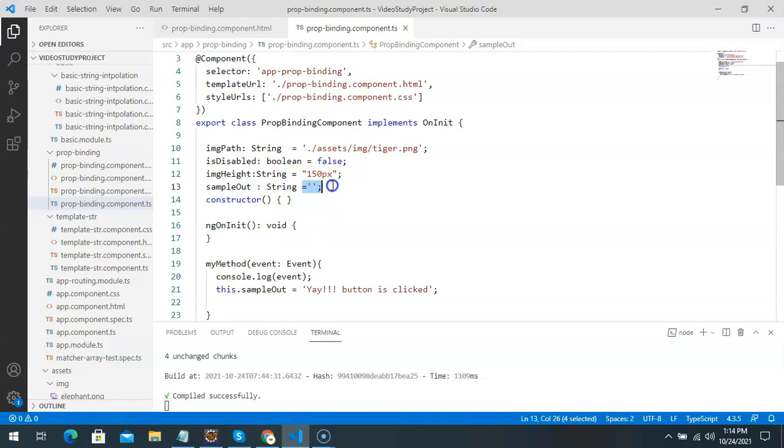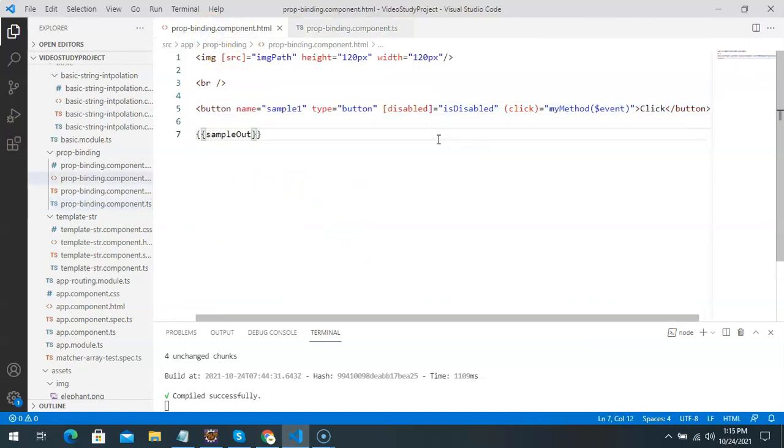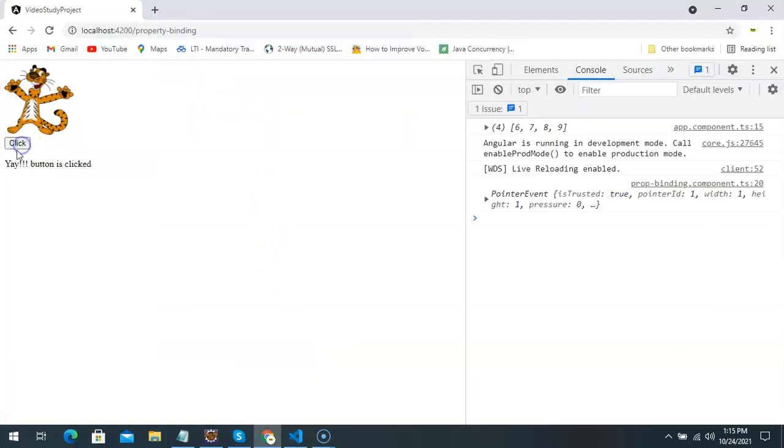Its value is set to empty, but once the button is clicked, we are going to set its value to this. Now how are we going to print this value? Let's do it in the UI using string interpolation. As soon as the button is clicked, this particular value will be displayed. Now let's see the output in the browser. So I'm going to click the button. Yay, the button is clicked.